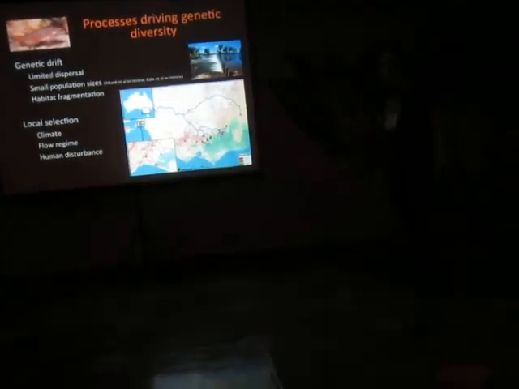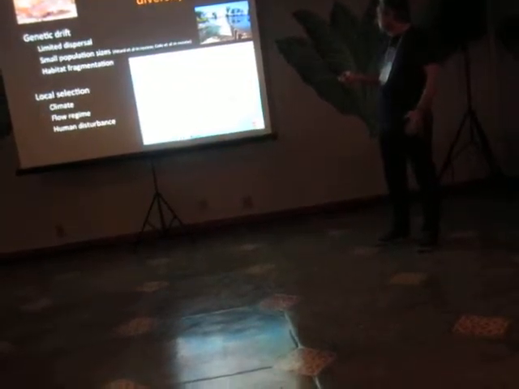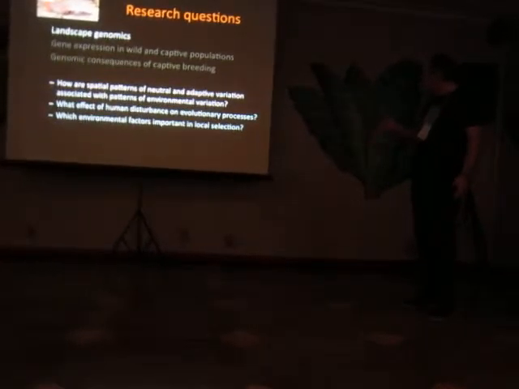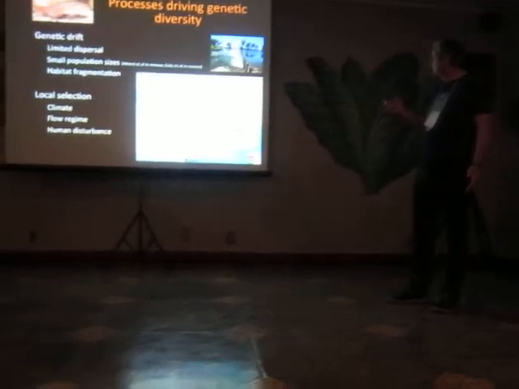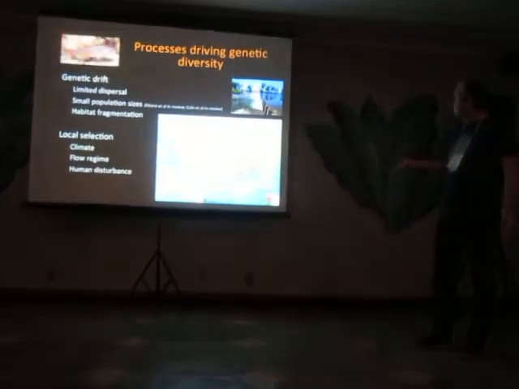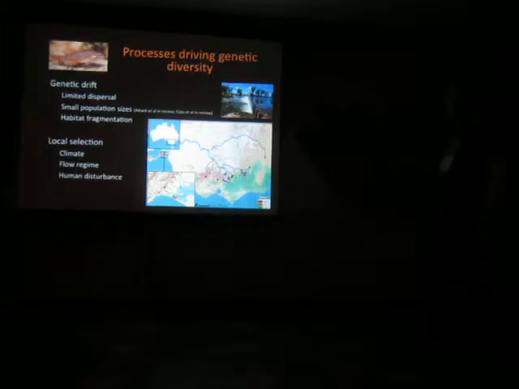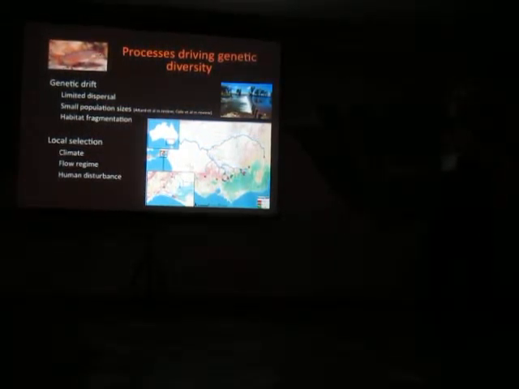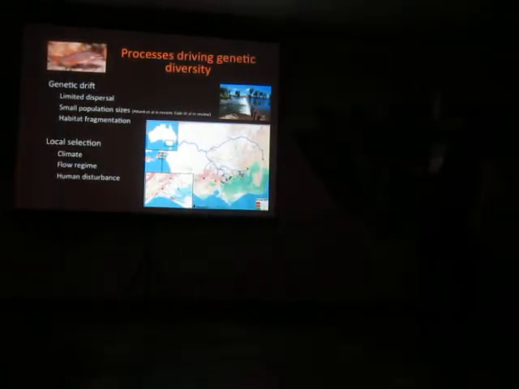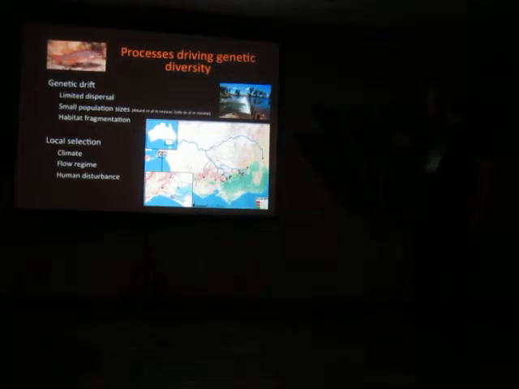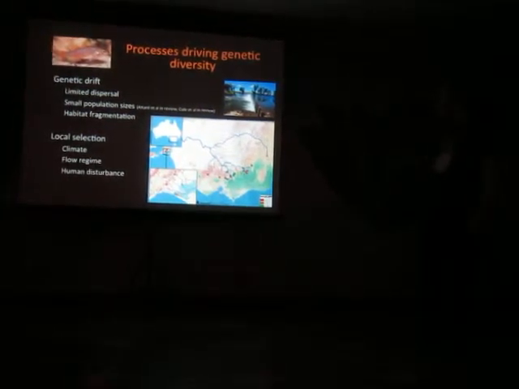And across the area where the samples are, the main climatic gradient is basically a gradient of aridity. So in the east it's more fertile and a lot wetter and a little cooler, and then gradually as you move further west it gets drier and more arid, until you get right down to the mouth of the Murray near Adelaide, which is where we're from, and it's really pretty dry down there. And there are other things like differences in the flow regime across there as well, and other human disturbance like land use that probably has an impact as well.